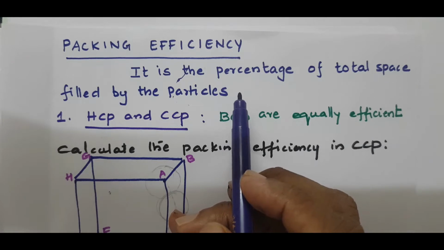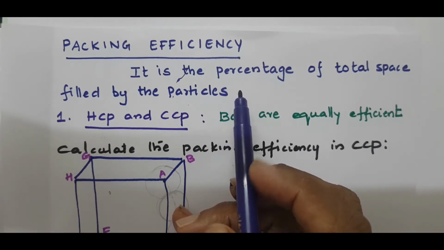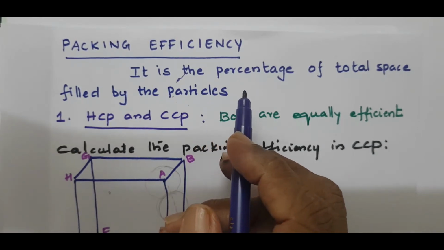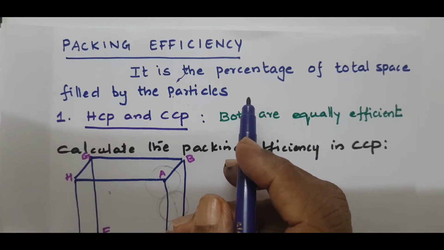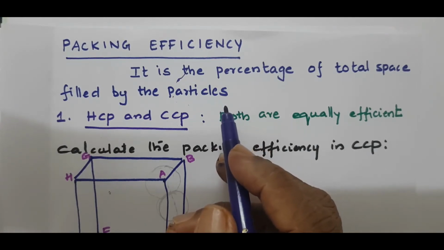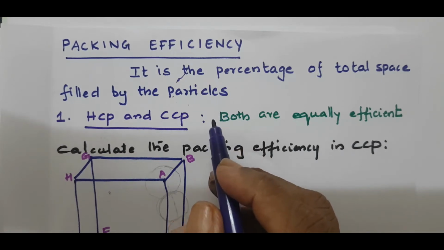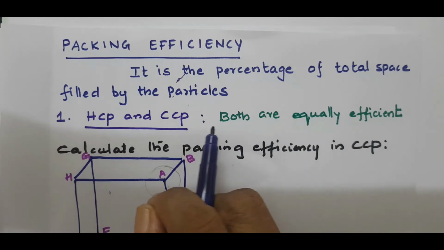You know, in whatever way the constituent particles are packed, even then, it contains some free space in the form of voids. We have already discussed what voids are, isn't it? The free space in the crystal lattice is called voids. And we know there are two types of voids, tetrahedral void and octahedral void, correct?